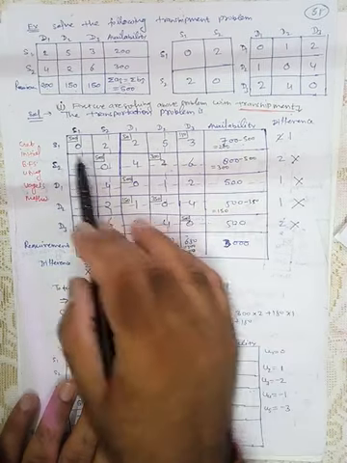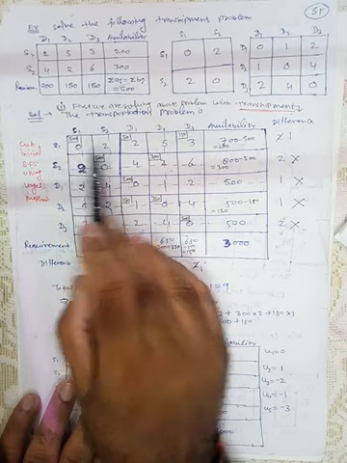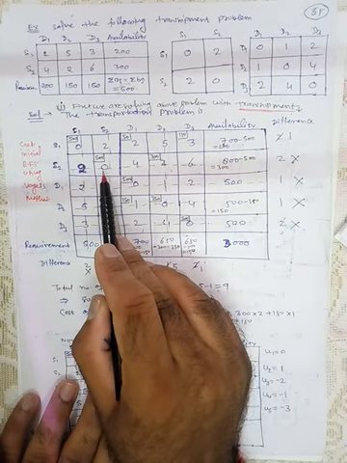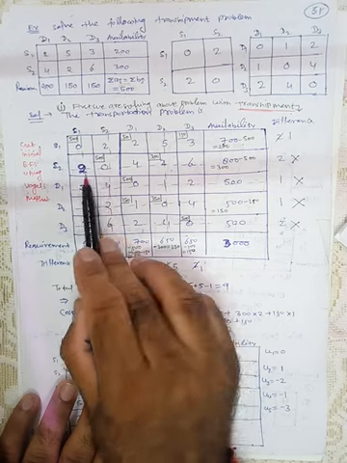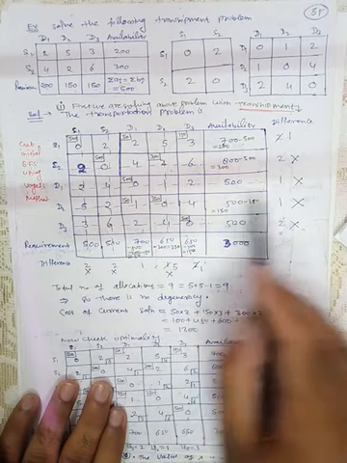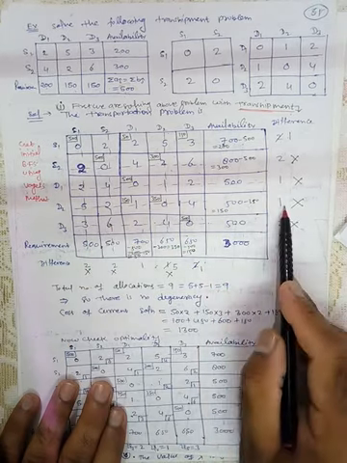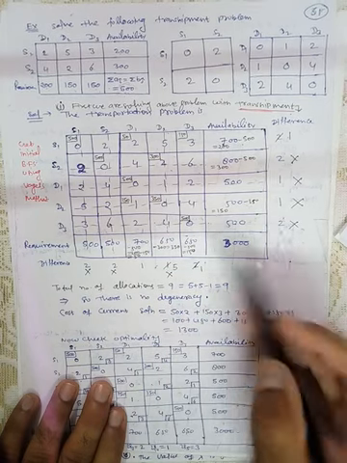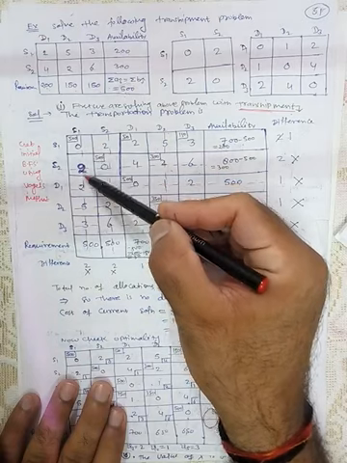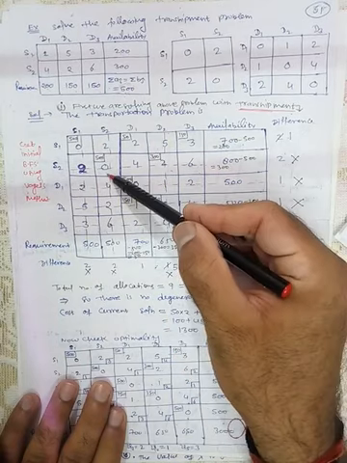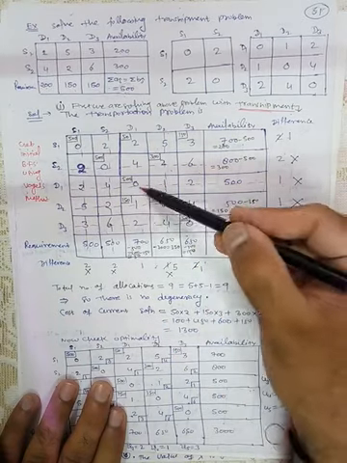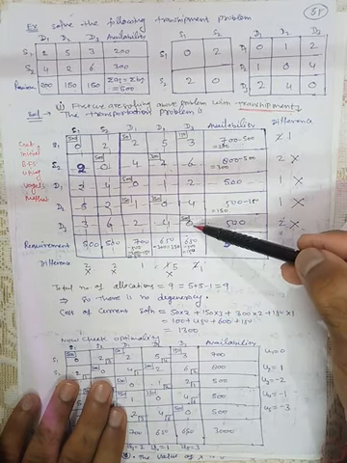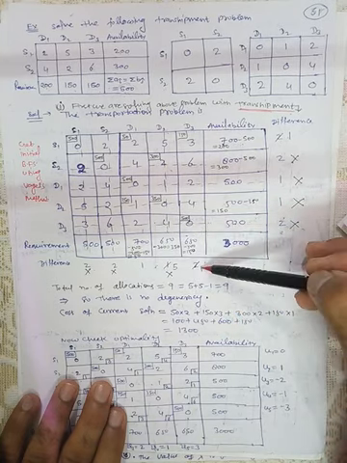So now, in the first row the minimum is 0, the next minimum is 2, so the difference is 2. Here in the second row the minimum is 0, the next minimum is 2, the difference is 2. Similarly here the difference is 1, here in the next row the difference is 1. In the last row 0 and 2, so the difference is 2. Similarly column wise, 0 and 2, so the difference is 2. 0 and 2, the difference is 2. 0 and 1, the difference is 1. And 0 and 1, the difference is 1.